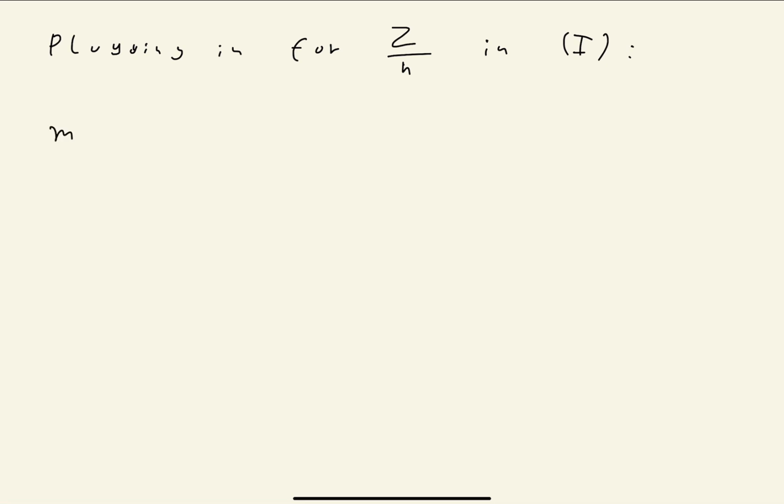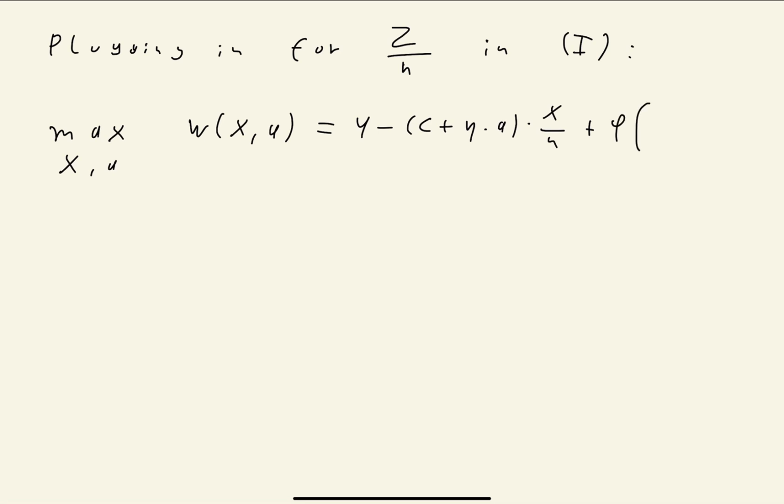Now we only have the following maximization problem: max over capital X and A, and we maximize W of X, A. So I just reformulated the objective function or changed the notation. And now we maximize y minus c plus eta times a times capital X divided by n plus phi of capital X divided by n minus d, so the utility of pollution, evaluated at